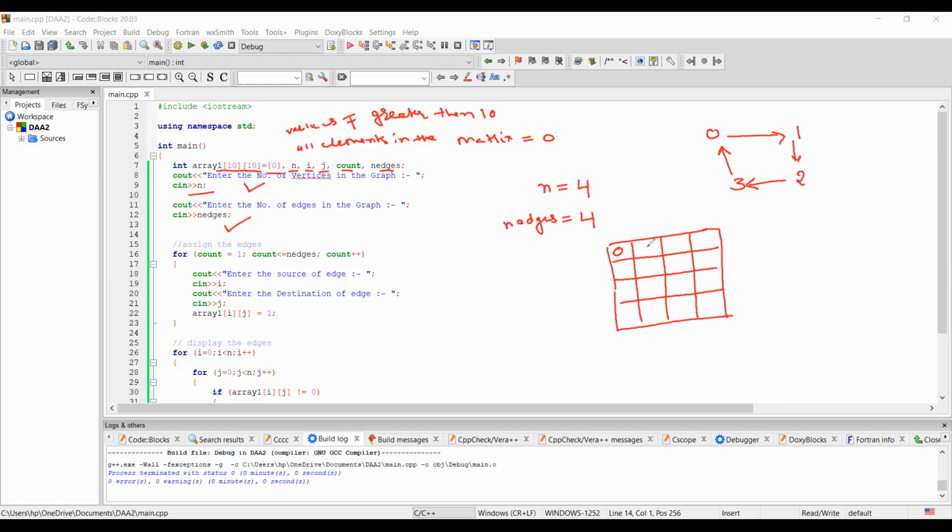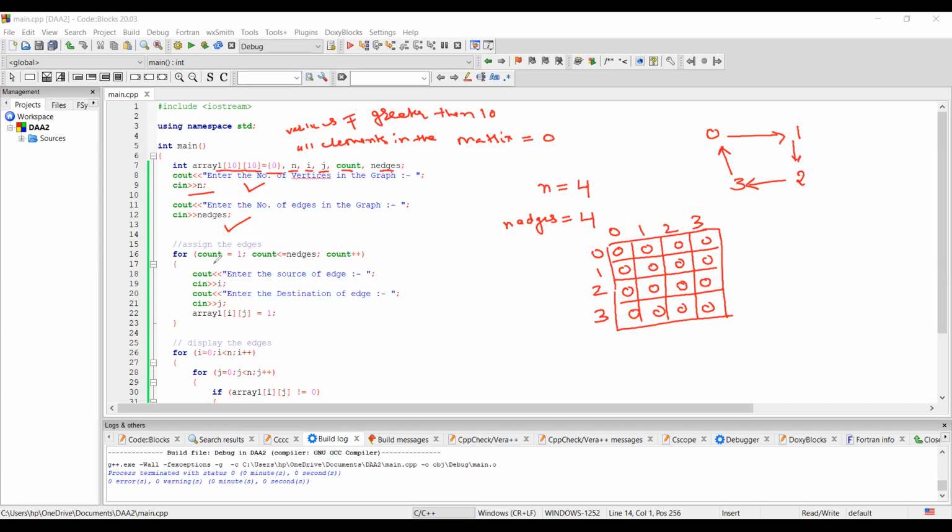Initially all will be set to 0, as I told you above, all elements will be set to 0. These are the column names and these are the row names.